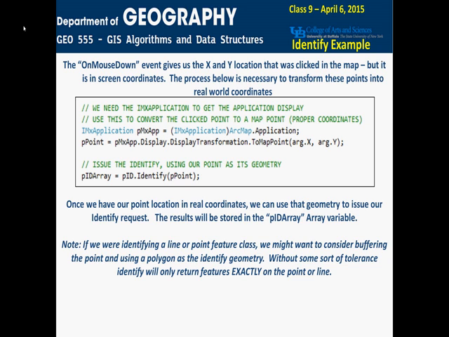So I'm going to cast to IMxApplication because that's where the class is on. And then it's just the ArcMap application. If I didn't cast, it would return it on the IApplication interface, and IApplication doesn't have the display classes that we need tonight. So now that I've done that, I can set the point that I created above by doing pMxApp display